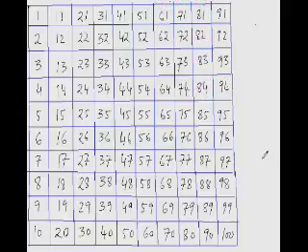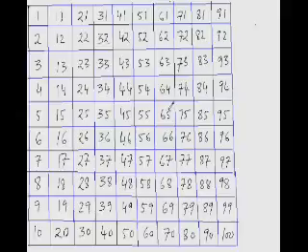Now let's see if you can do this one. What is 96 minus 68? So you have to reach from 68 to 96. So jumping 3 times will take you to 98, isn't it? So this is 30. But you know that you have over jumped. You wanted to reach 96, but you have reached 98. By how much have you over jumped? 2. So subtract that 2 from 30, answer would be 28.